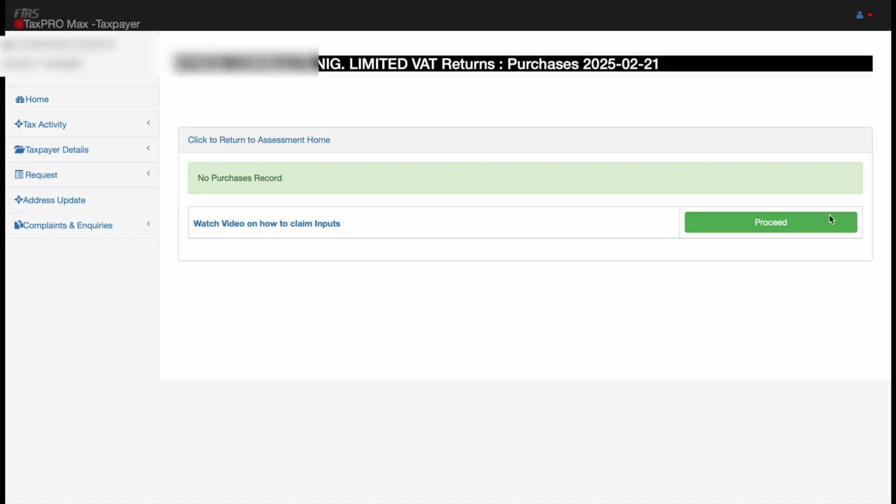On the system, once that person has filed VAT online, where the screen is showing no record found, you'll be able to claim it. You just click claim, and automatically it will deduct and give you the net of what you are meant to pay. But in this particular scenario, the person that we paid VAT to has not filed VAT on our behalf,